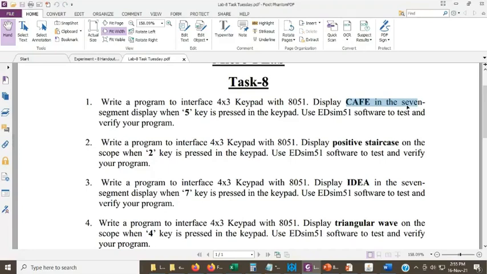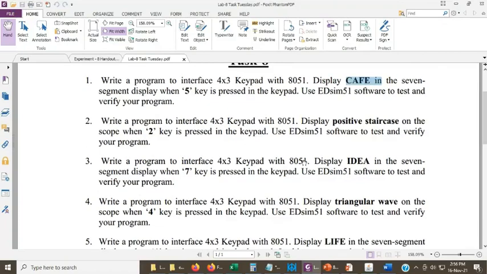It is not that you will terminate the program. Your program should keep on repeating and checking. If key 5 is pressed, print CAFE. If it is not pressed, then the display should be off. So this display will work till key number 5 is pressed. The moment you unpress the key, there will not be any display on the 7 segment.